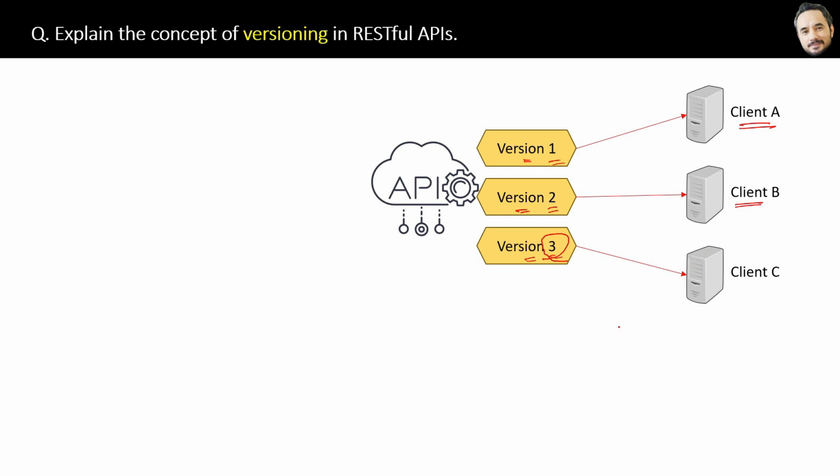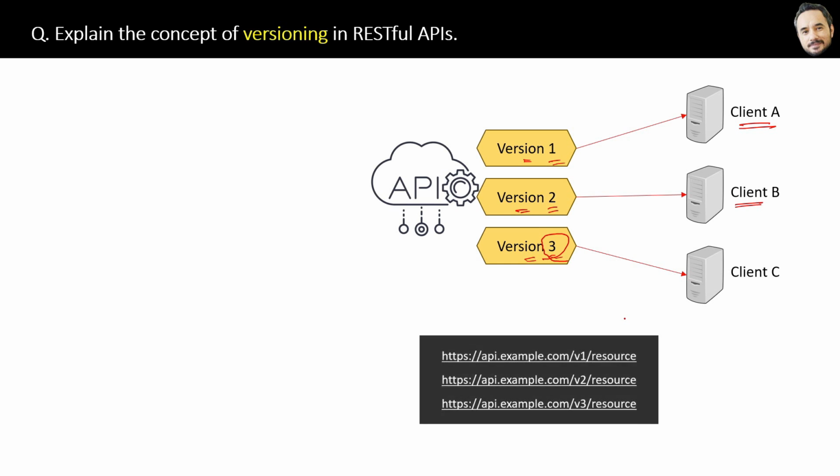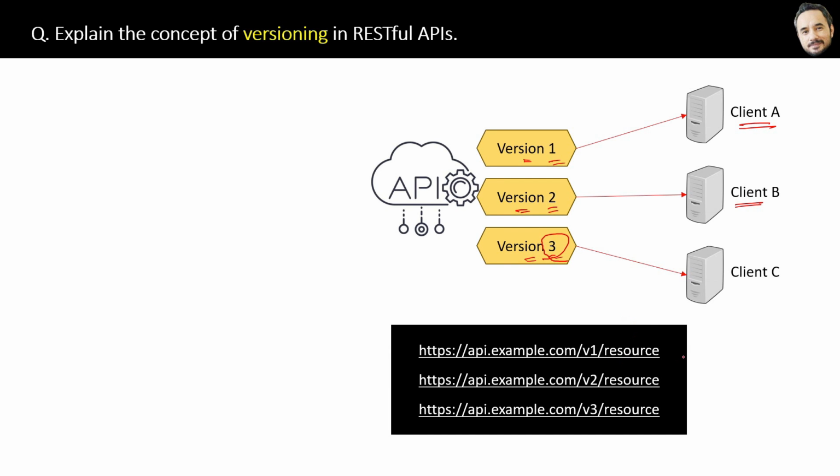So in that case, if we maintain the previous versions of the API, then clients can keep using version 1 and 2 of the API, and therefore the client application will not break because of the latest changes in version 3. So like this, the client applications can use the URLs based on their requirement, whichever version they want. For different versions, different URLs can be there. Okay, now you are clear, right?